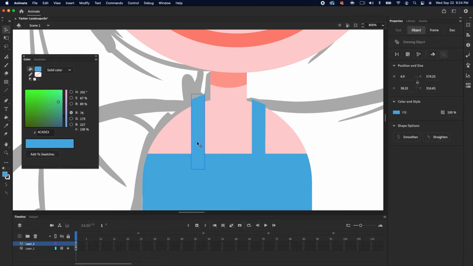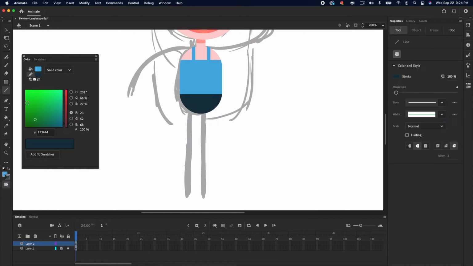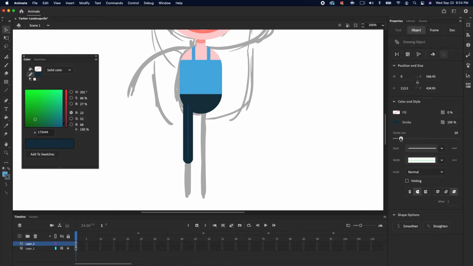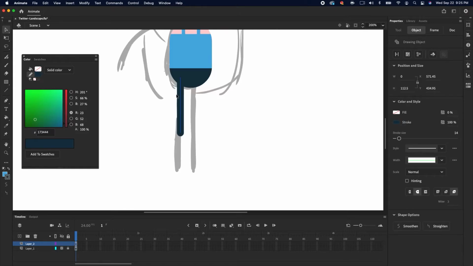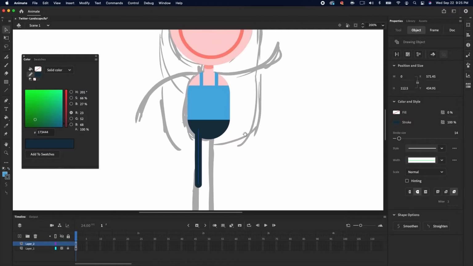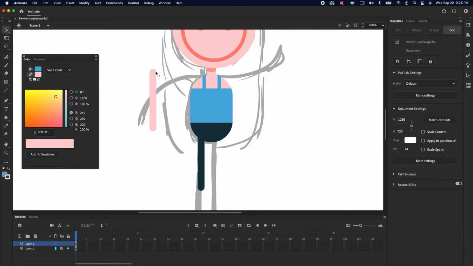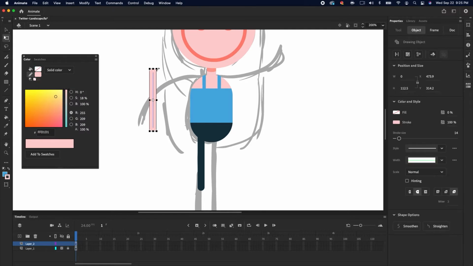So now for the legs, I'm going to grab the Line tool and have the stroke color be the same as the dark blue of the pants. I'm just going to draw a vertical line, and this is going to be the top thigh of her leg. For now, I'm going to just duplicate this and create her arm. While it's selected, I'm going to choose the flesh tone, then the free transform tool. I'm just going to rotate it and position it,